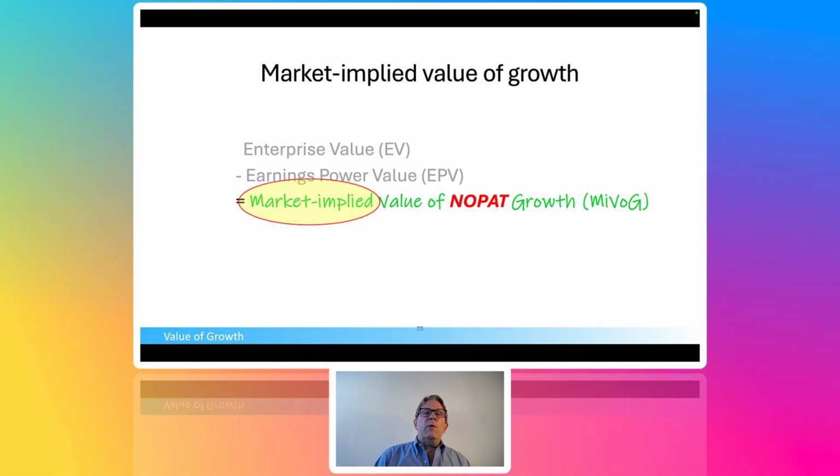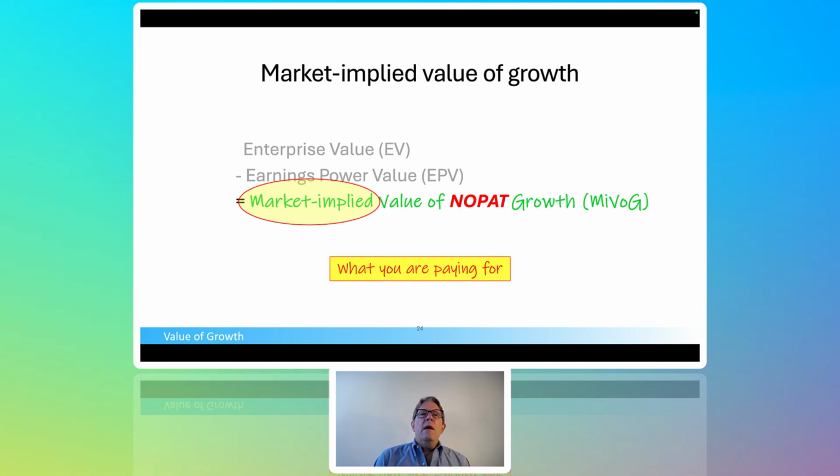And in a moment, we're going to look at the S&P 500 with these tools, and just keep that in mind. That's what investors are estimating, the future value of cash flows, NOPAT, from growth. Really important. But that's what you're paying for. And part of the game of investing is understanding investor expectations. As we get deeper into the value of growth, you'll see that what I'm trying to do is tease out, and I think we have tools that can do this now, what investor expectation is for growth. I mean, I don't know, I think it's really cool. I hope you feel the same way.